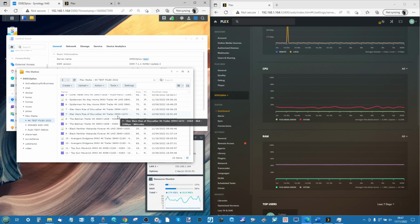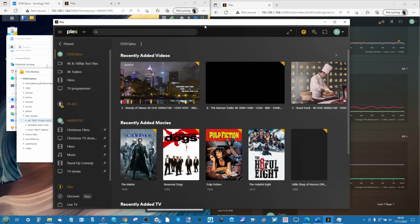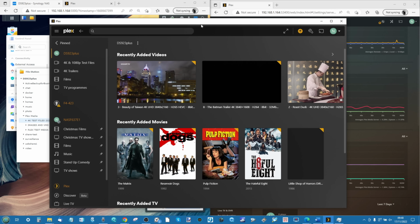The next really important thing is that a lot of you ask about me playing it in the web browser: why do I not just use a client, such as the client on Fire Stick, or the client for Windows or Android? Now, the reason for that is that if I use a client device, then the hard work to play back some of the denser files